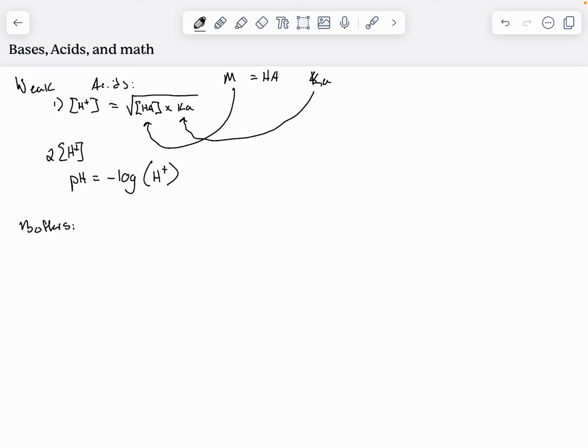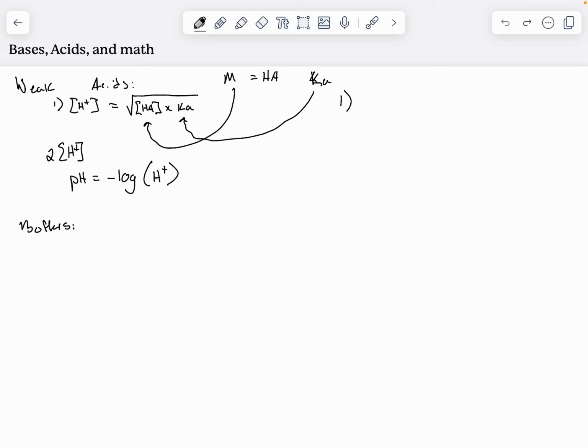He might say, here's the pH, and maybe here's the molar concentration, but I want you to find the Ka, and you're like, oh crap, this is out of order. What are we going to do? Well, I'll tell you what to do. Let's say we have a starting pH here, and we need to go all the way back down here, and I'll probably have a couple weird steps in here. But let's say we want to find the Ka. So what we do is we take this pH,